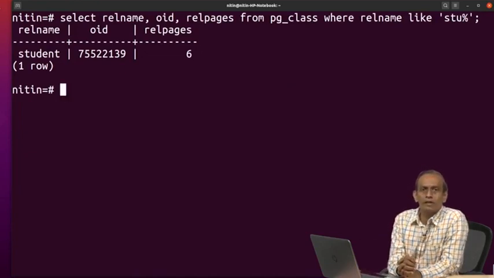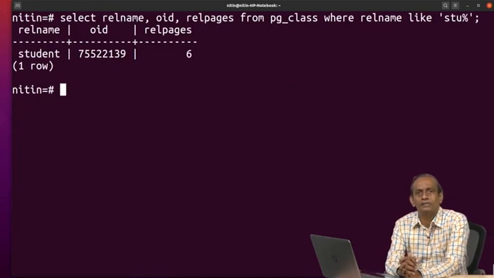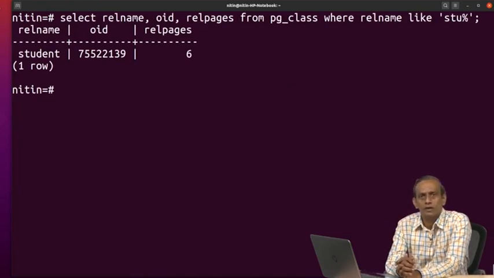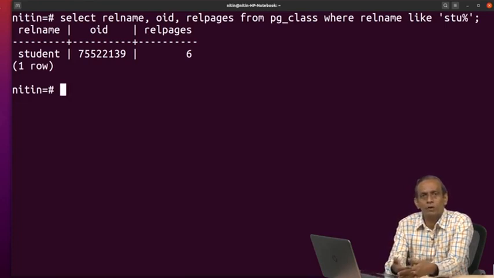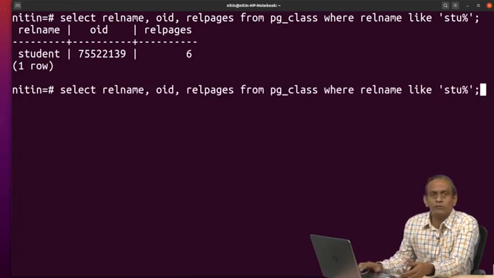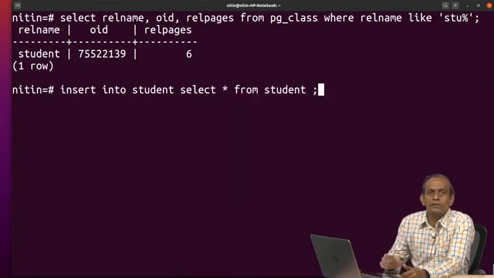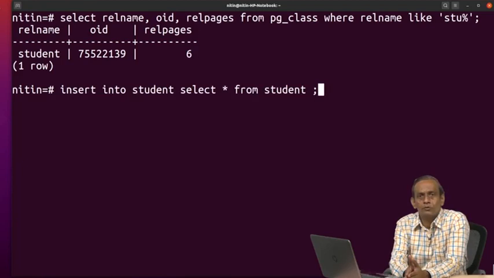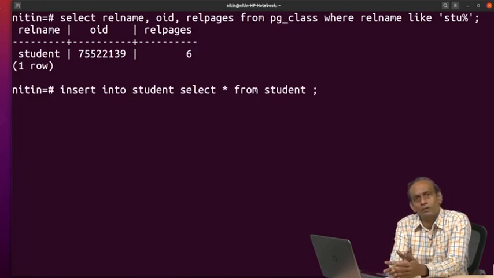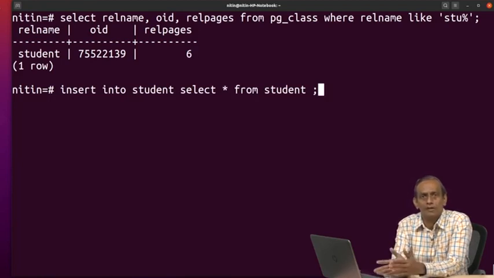Now you may wonder why earlier it was showing 3 and then suddenly it changed to 6. It is because we repeatedly inserted the same records which were available earlier. Our insert query was insert into student select star from student. So the records available earlier in the student table are carried forward and inserted again.